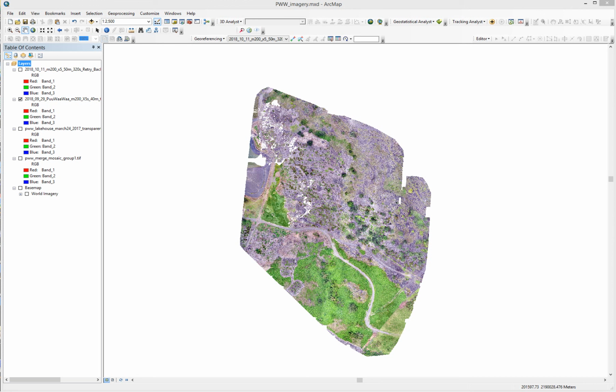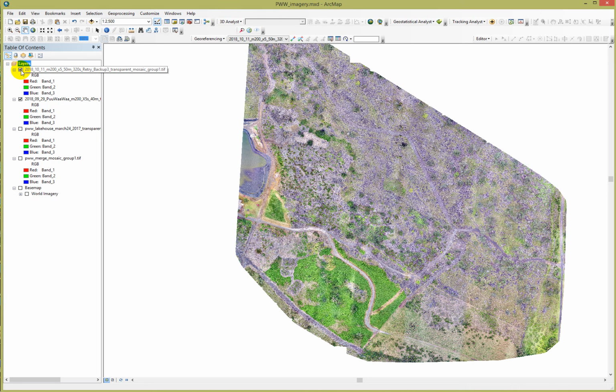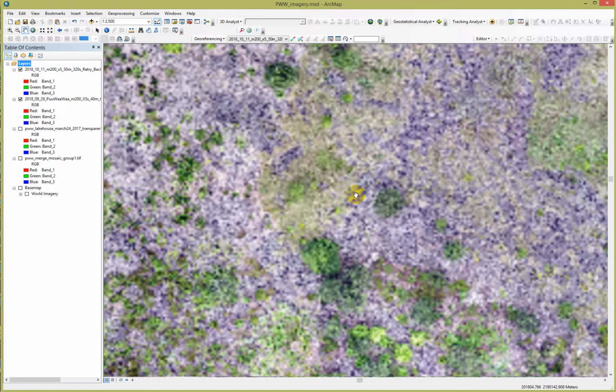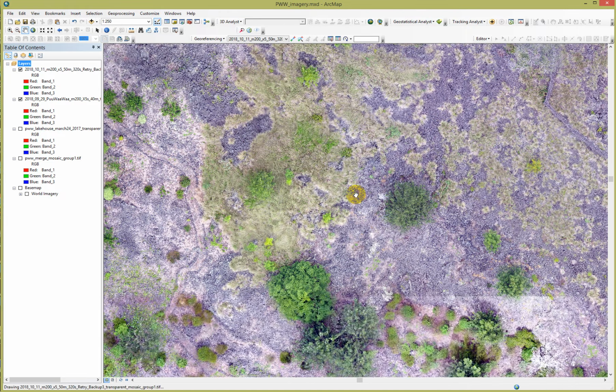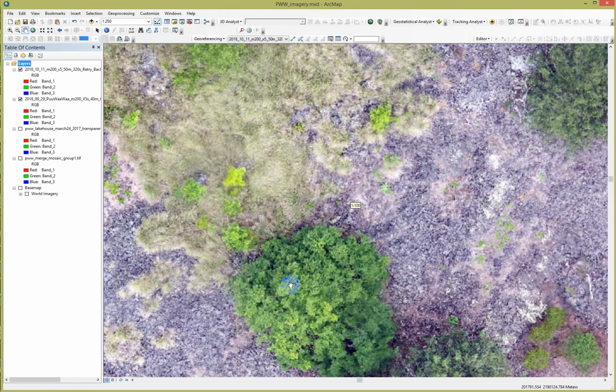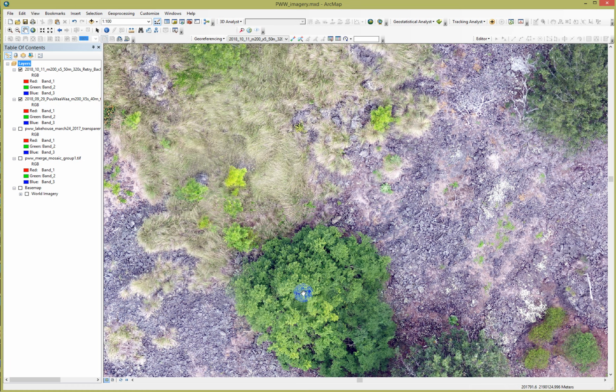And so in order to have better coverage, I asked my assistant Timo to go back out, and he did. He went out, excuse me, last week, and he was able to map the entirety of the area, and that's what's shown if I bring that guy up there. So we covered more of the area of interest, and that's good news. And the quality of the imagery is a little bit higher,